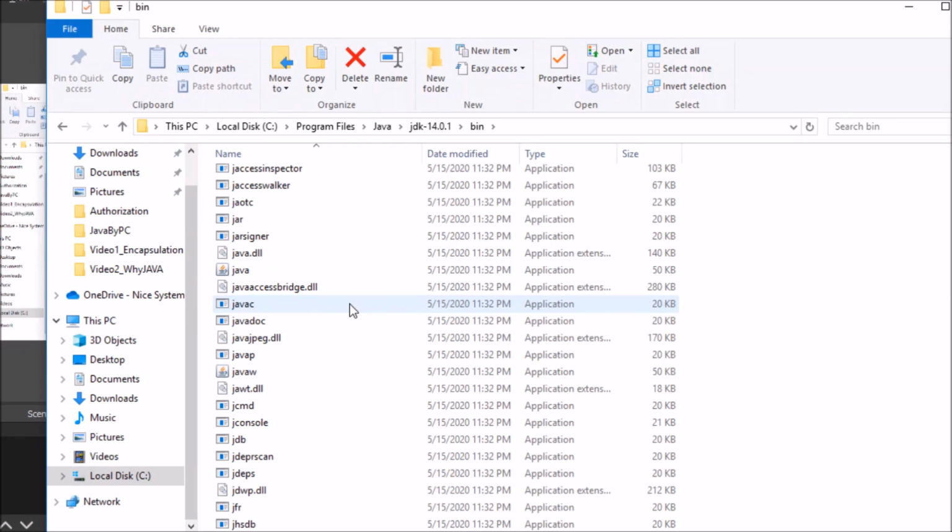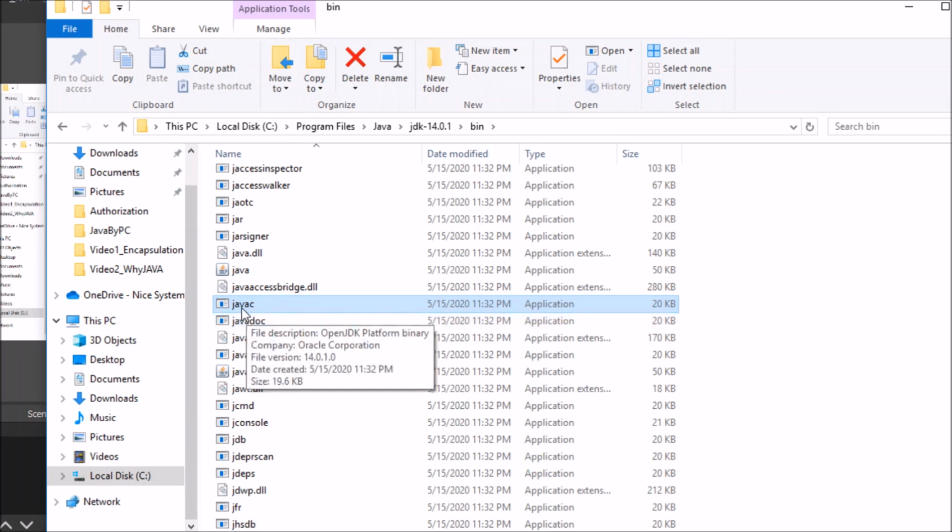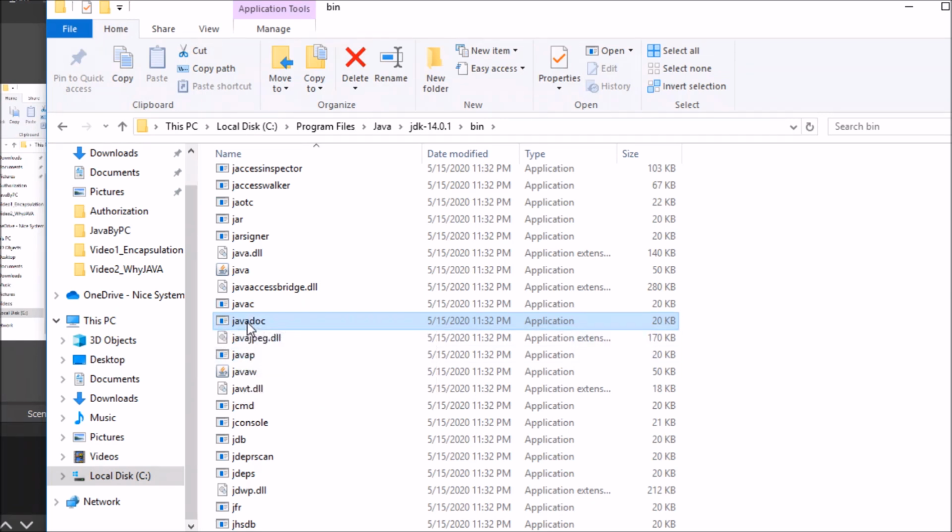One of them you can say is the java tool. Other you can see is javac, that is the compiler for Java. Another is javadoc, to generate the documentation for the inbuilt classes, or maybe also for your programs you write. So to generate documentation we use this tool javadoc. We'll see all these later, but for now you have to take this path. You can copy it from here.